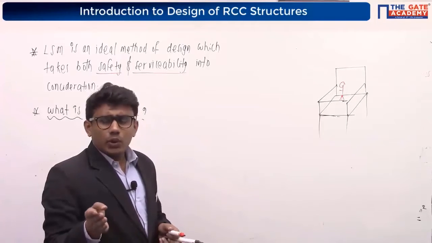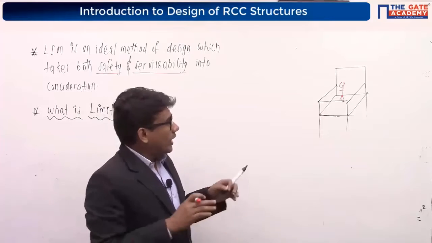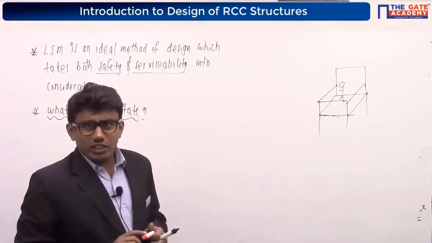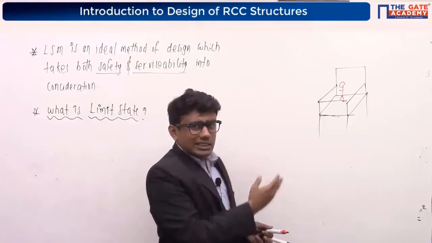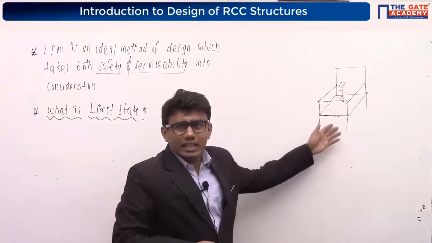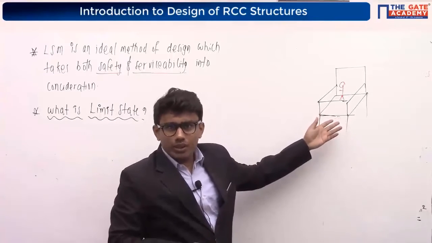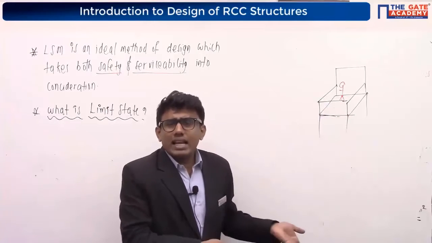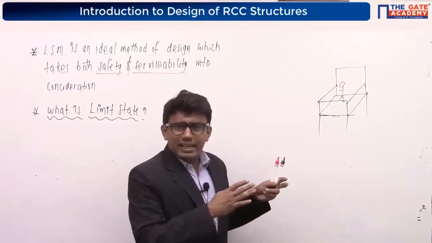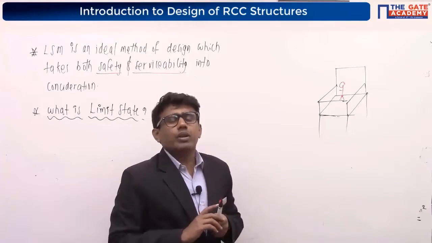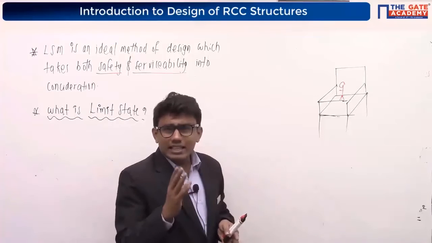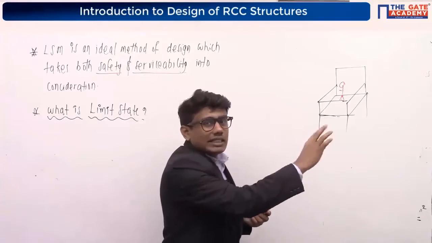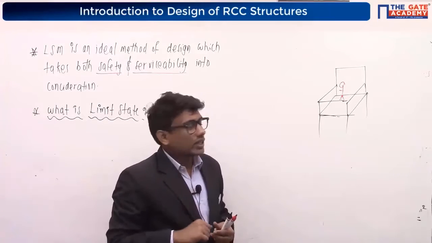But suppose two more persons are joining, and suppose the weight of each person is 100 kilonewton or 100 kilogram. Suppose one more person is coming. Will the chair take it? The chair will take that load also. Suppose three persons are sitting on this chair. Will it carry? Maybe it will carry the load. Suppose it can carry around 5 persons' load. That means 5 persons can sit on this chair at a time. That's the meaning of it, right?